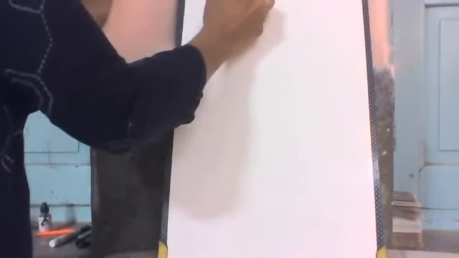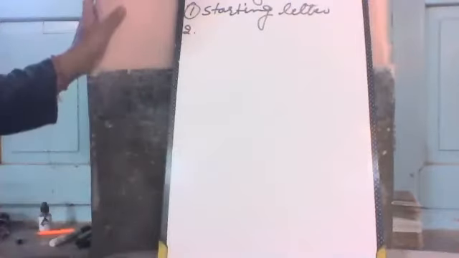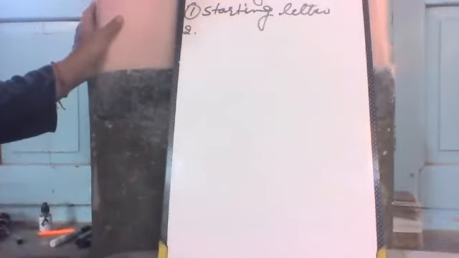Of naming of an element. See, some elements were named on the basis of their starting letter. According to its theory, symbols and namings are starting with its starting letter. Then some elements were named on the basis of their first two letters.